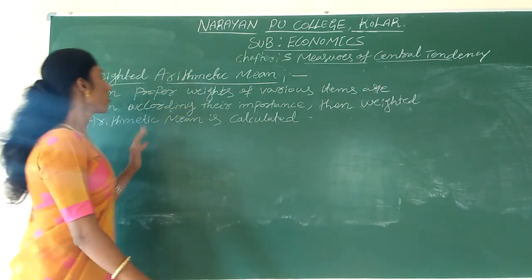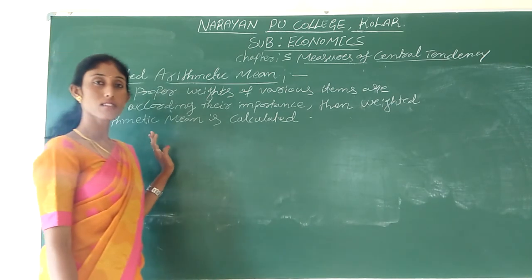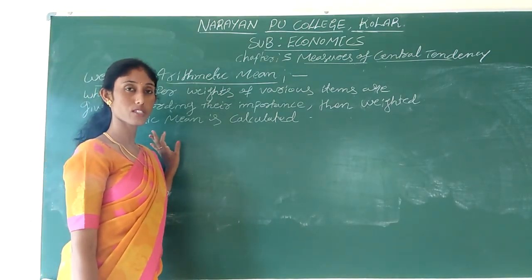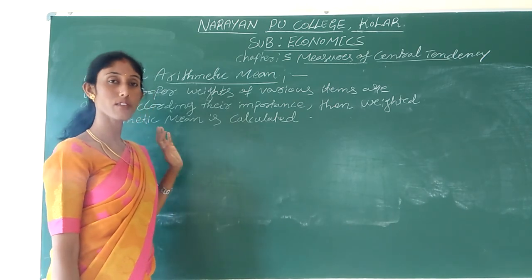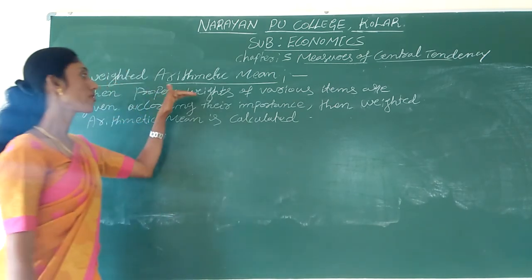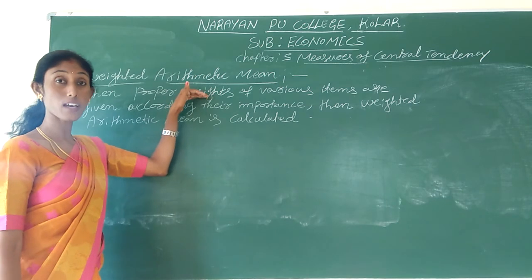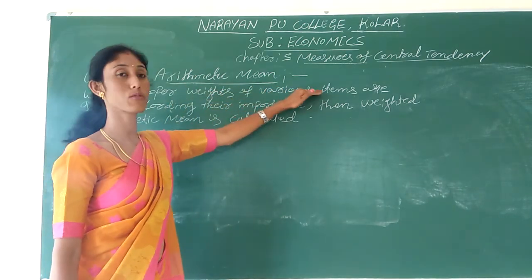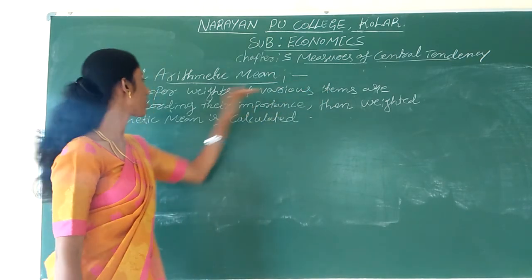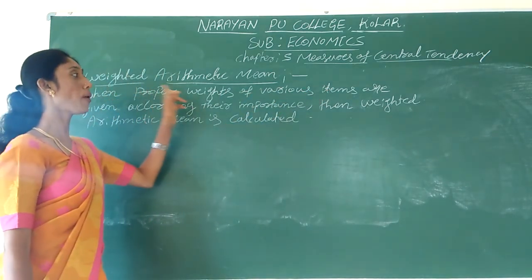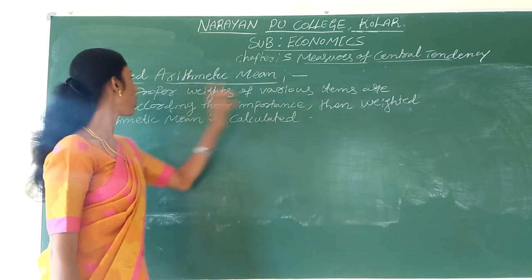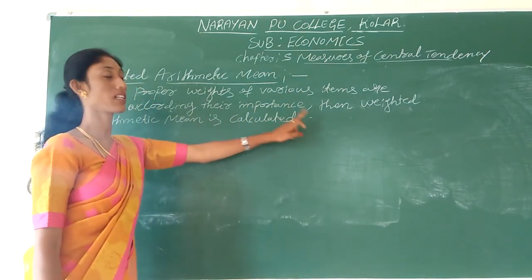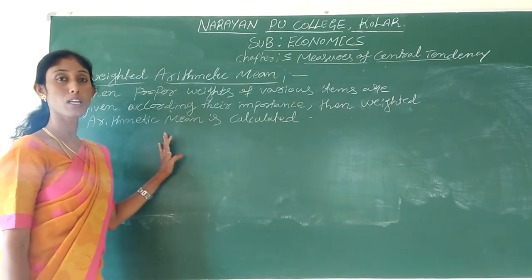Here, weighted arithmetic mean means we won't take only the observations. For each observation, according to the importance of the observation, they will give weights to each item or various items of the observation. So when proper weights of the various items are given according to their importance, then the weighted arithmetic mean is going to be